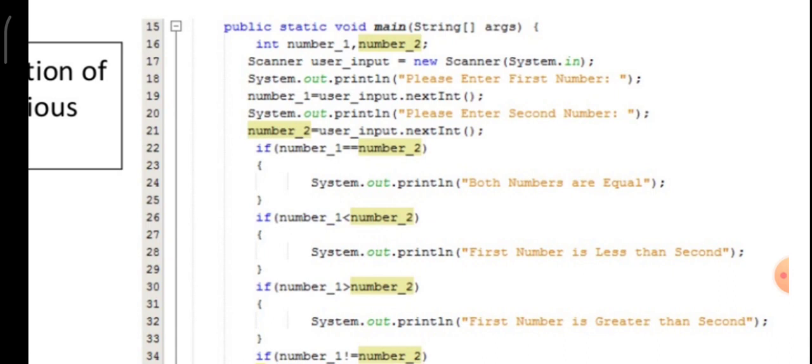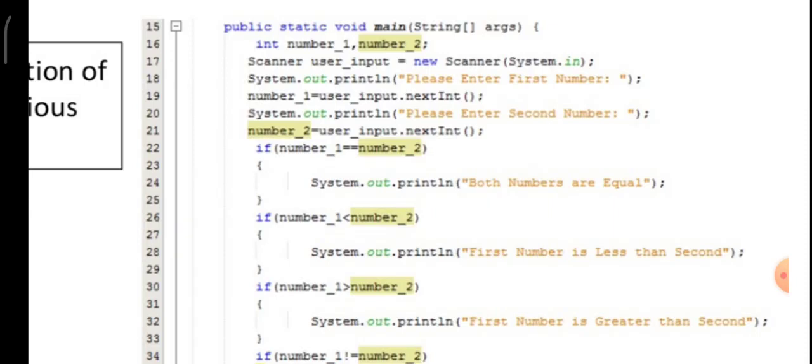Now this scanner line is nothing but, see, you have a textbook. You are going to scan the textbook using the scanner. So you take the textbook and keep it inside the scanner and make the scanning part. Soon after that your textbook contents will be displayed onto the screen.